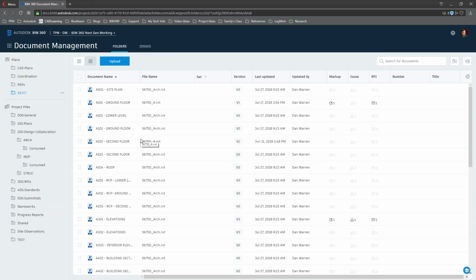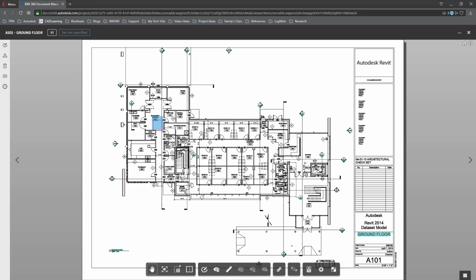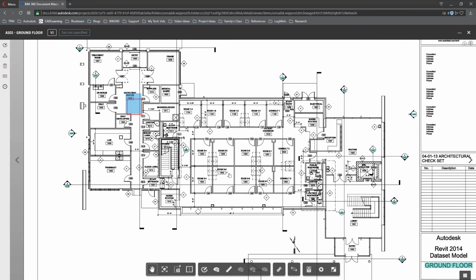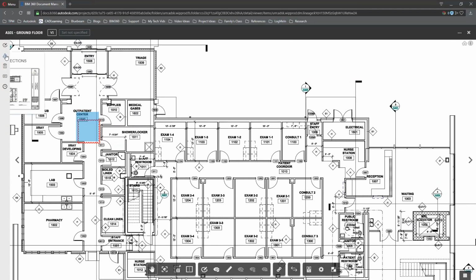Anytime I need to version up my sheets, I literally just have to re-upload my Revit file, and my sheets are automatically extracted. Then I can go into any one of the sheets. I'm going to click this A101 ground floor, and it's going to allow me to view the document. So I can come in here and start looking at my document, and